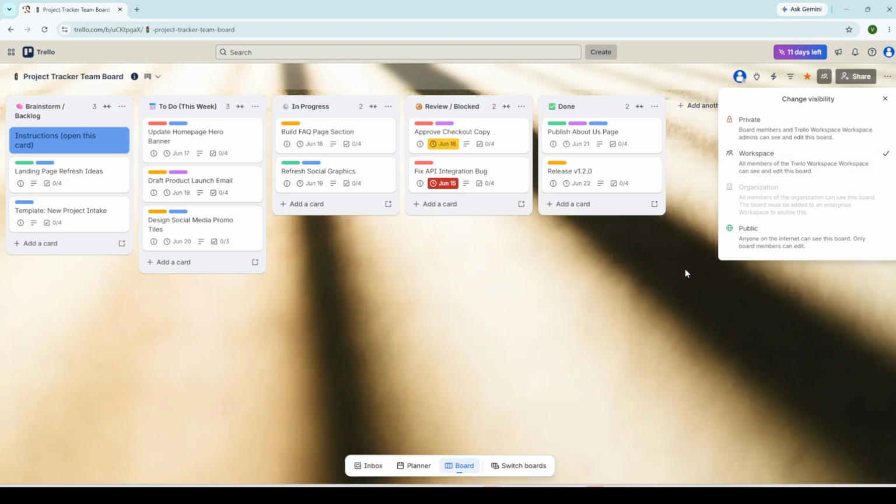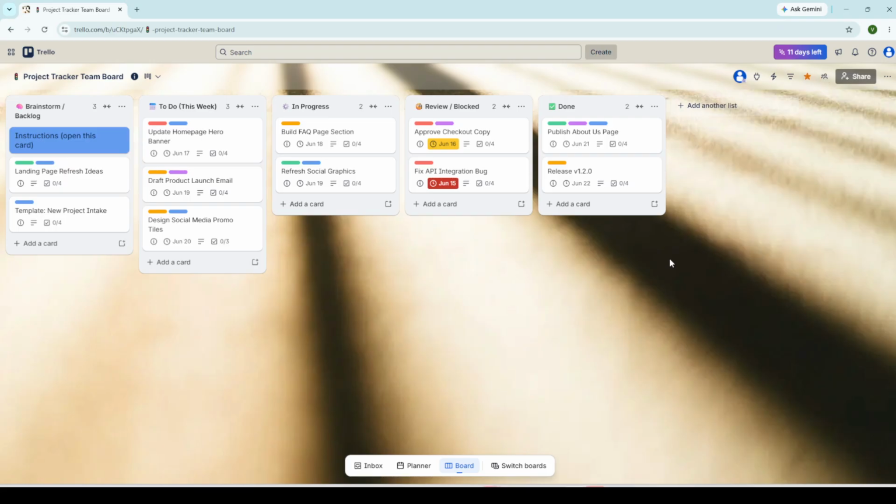Finally, adjust the board's permissions. Click on the visibility setting in the top right and select Workspace or Organization. This ensures that every teammate you invited can view and edit the board without you having to manually add them to each board individually. It's a small step, but it prevents the common pitfall of someone being unable to access